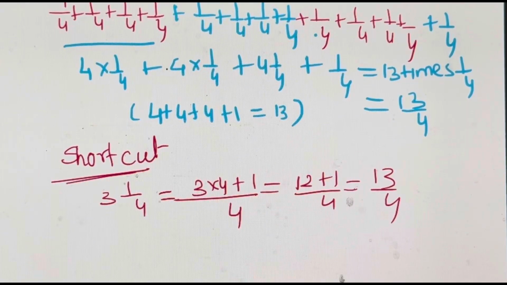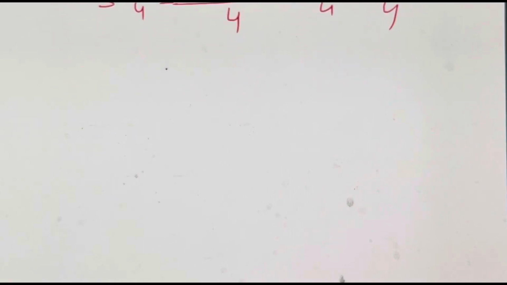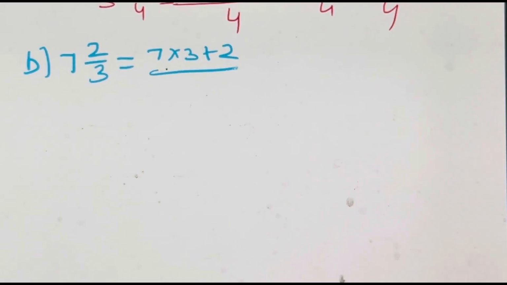Right? So let us go to question number B. B is 7 whole 2 upon 3. This is also very important, the shortcut way, right? Because every time you can't do this long way if you are solving sums, if you are adding fractions and all. And I want you to practice mental maths. So what we did earlier, we multiplied both these numbers. So 7 3s are 21, plus 2 upon 3. So 21 plus 2 is 23 upon 3 is the answer.